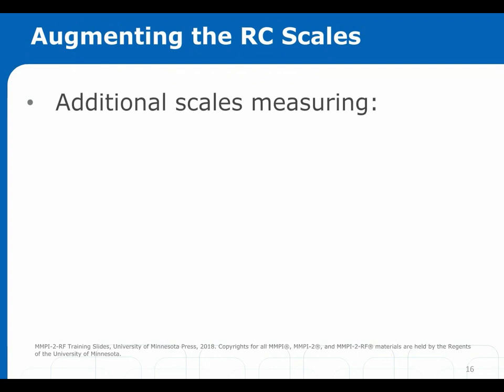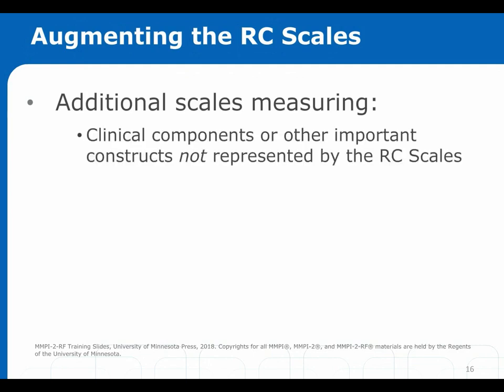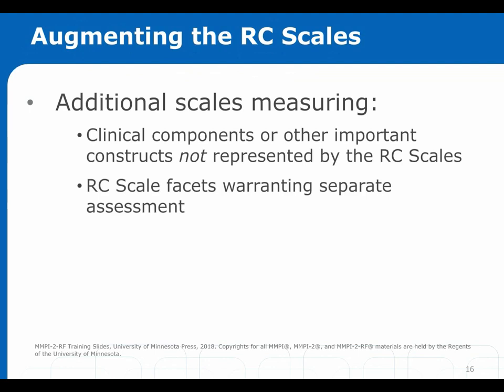After the RC scales had been introduced to the MMPI-2, work continued on several other psychometrically efficient scales for inclusion in the restructured form. Drs. Tellegen and Ben-Porath were specifically interested in developing scales for the MMPI-2-RF that assessed distinctive core components from the original clinical scales that were not covered by the RC scales, as well as other constructs that were not directly measured by the RC scales. They were also interested in developing scales that would reflect facets of the broader RC scales